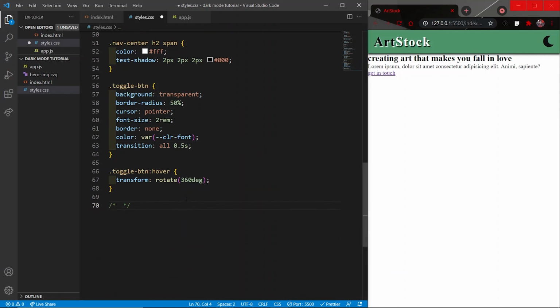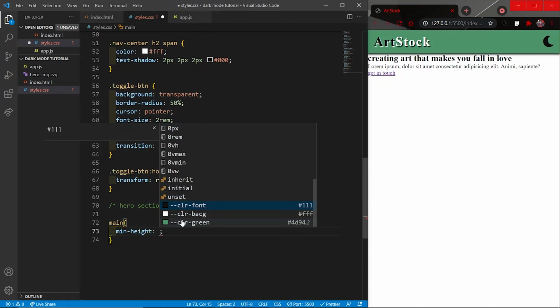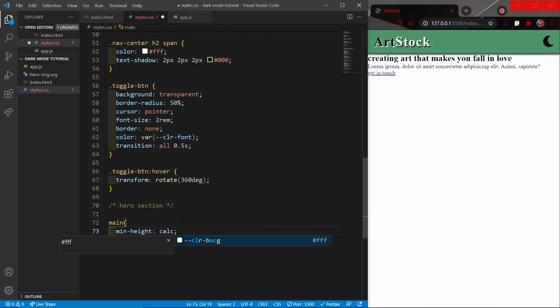Now we will start styling the hero section. Now for the hero section, I will select the main tag and give it a minimum height of 100 VH minus the height of the navbar, which is 79 pixel in my case.